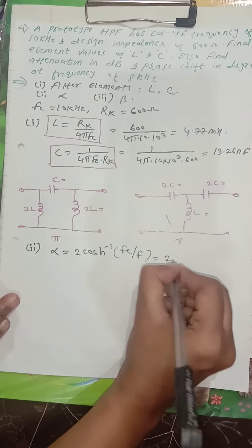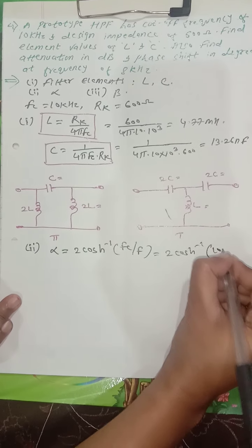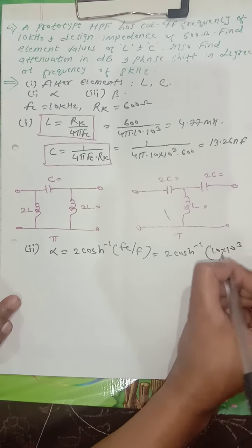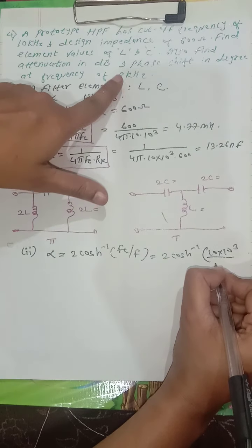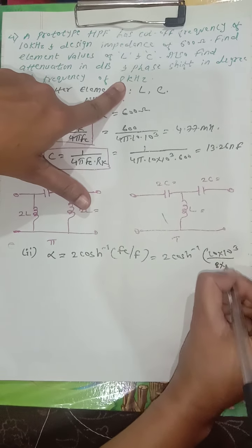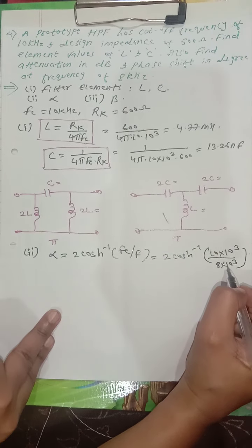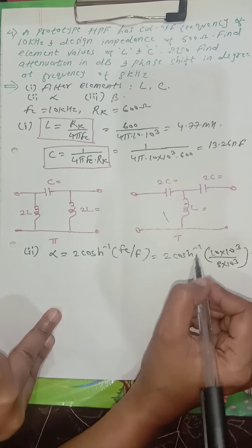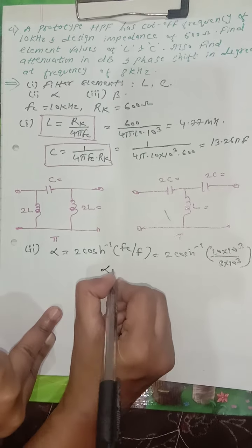So here 2 into cosh inverse of, what is my FC? 10K. So here 10K, and at what particular frequency? That is 8K, you need to calculate. So 8 into 10 raised to the power 3. So these two, K and K, will be cancelled out. So 2 cosh inverse of 10 by 8. So you will find this value alpha will be equal to